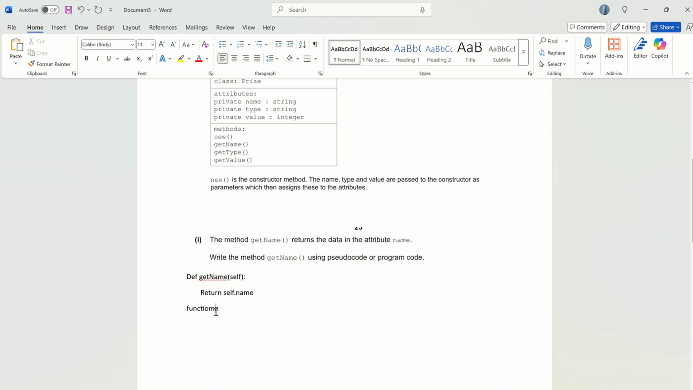So I'd write function because it's a function. Get name. I wouldn't have self. Then I return name. Now notice I don't need to put private name or anything like that because that's not how it works. And because this is a method, public